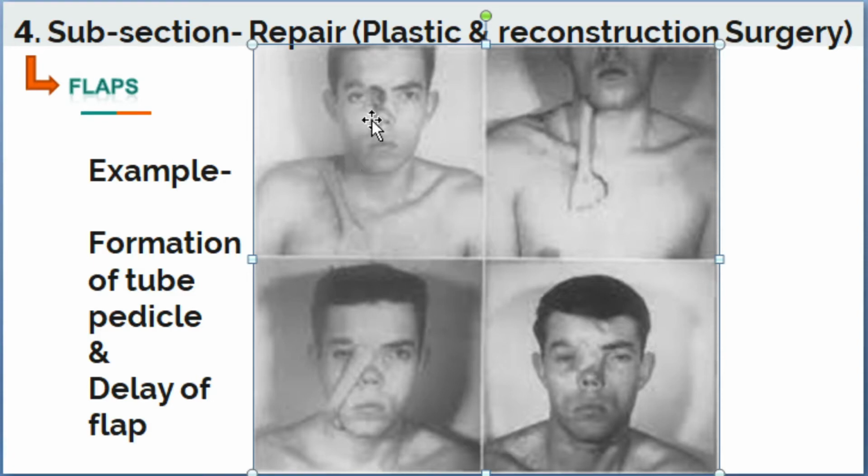So this blood supply will result in nourishment and growth of the tissue. Then there is another procedure called delay of flap procedure, or second stage procedure, performed after the formation of the tube pedicle. In the delay of flap procedure, the physician divides the pedicle flap by incising it at the donor site from its base and sutures the remaining portion of the flap to the donor site, and then properly makes the shape of the graft at the recipient site. Then he closes both sites in layers.